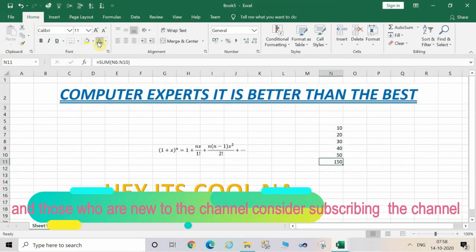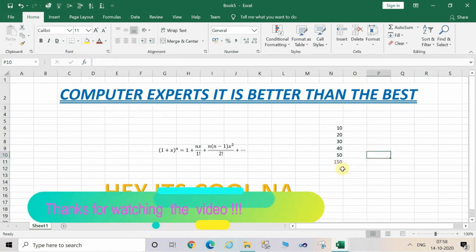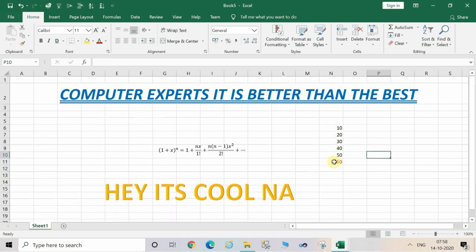And now let's highlight the auto sum with some color. Now if I want to calculate the average, then let's copy the text from the screen, paste it over here, and now I want to calculate the average of these numbers. For this, select the range.